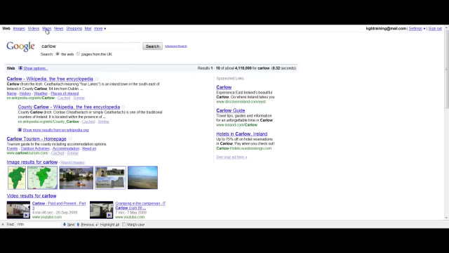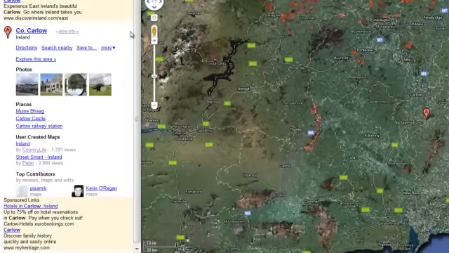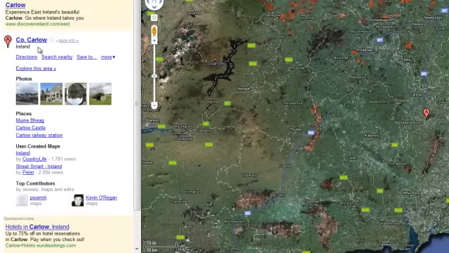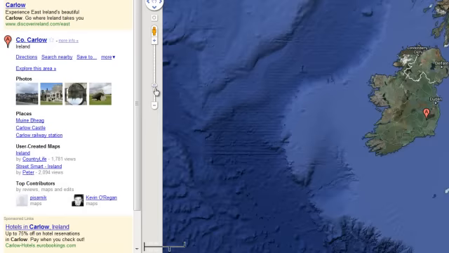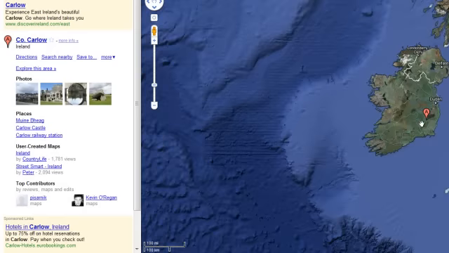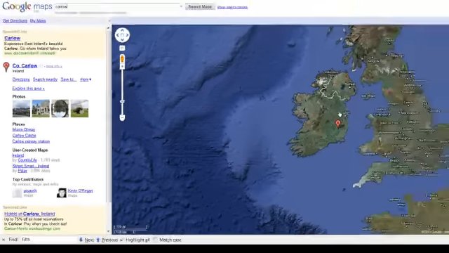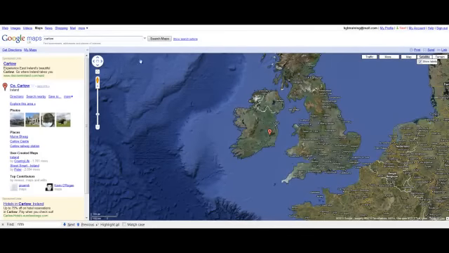and go to Maps, and we can see it says Carlow, County Carlow in Ireland. But if we just scroll out to confirm, we can clearly see that Carlow is in the Republic of Ireland. And now for Naas, just type it in and zoom out,